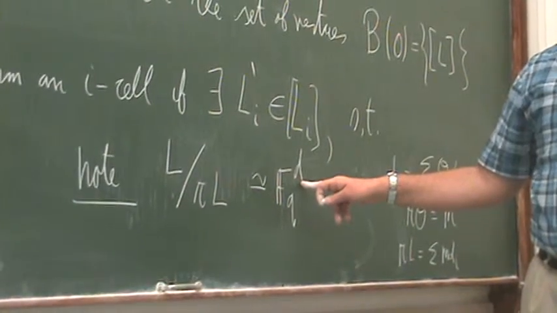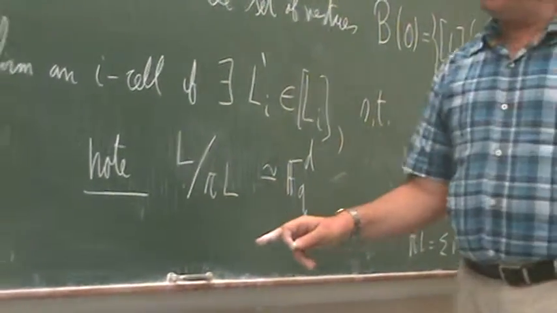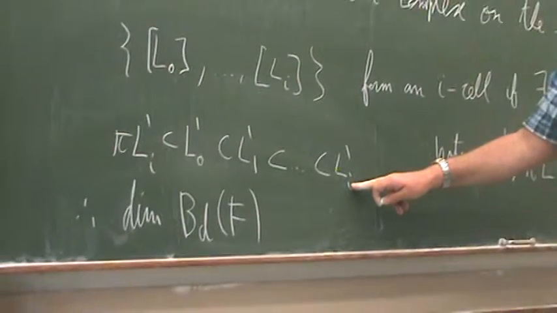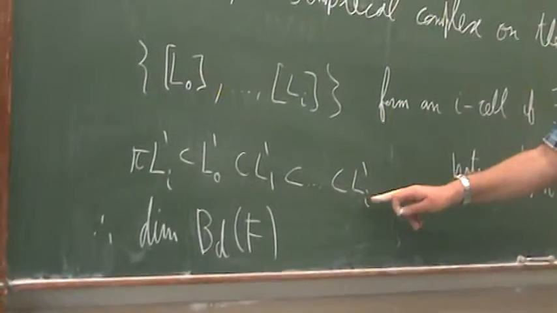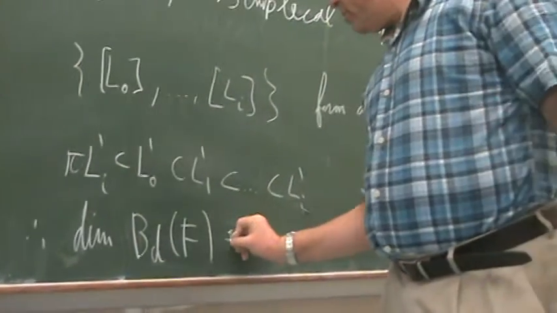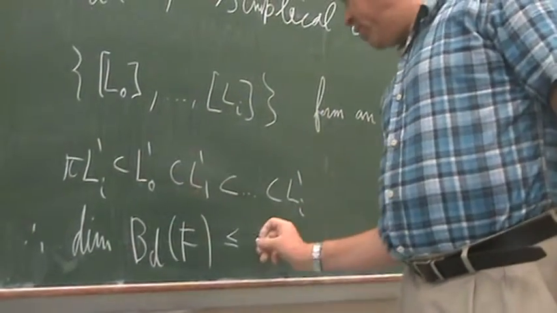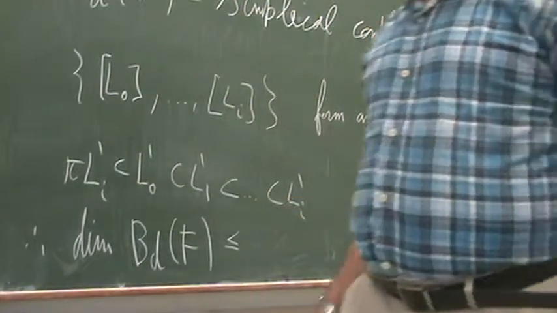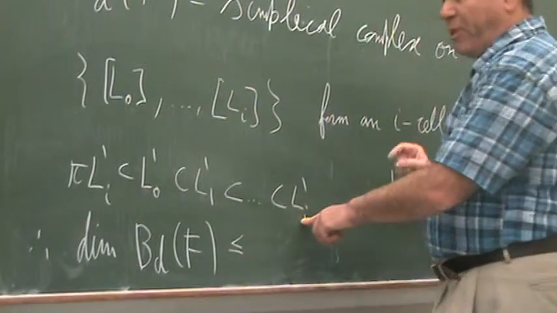The length is between 0 and at most D. Let's be careful: it's really 0 up to D minus 1, because if this is the top one,